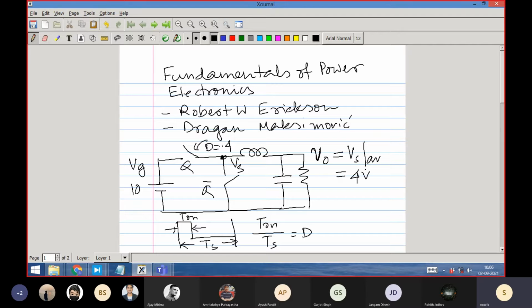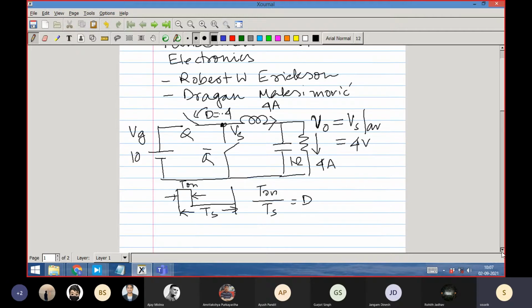So if the capacitor is open, then the load current is supposed to be V0 by R. We assume that the resistance is 1 ohm. So the current will be 4 ampere. Under steady state this current is also 4 ampere because the capacitor is not drawing any current. Though I am simplifying a little bit, there will be ripple, but the point I wanted to emphasize at this moment is not this intricate ripple. I am trying to show how energy, how power is going from the input side to the output side.